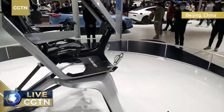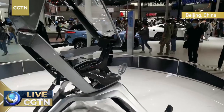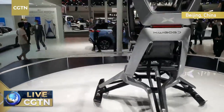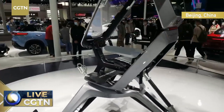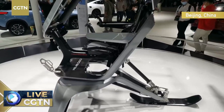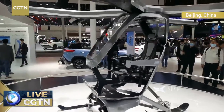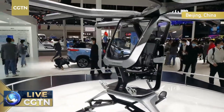And now you can see part of the control over there. It looks like there will be a tablet device, a bit like an iPad, in front of you when you sit into this thing, and you have 2 joystick-like devices for you to control this thing. I've been talking with the maker of this drone for a while, and the technicians told me that this drone is now controlled like a helicopter. But later they will